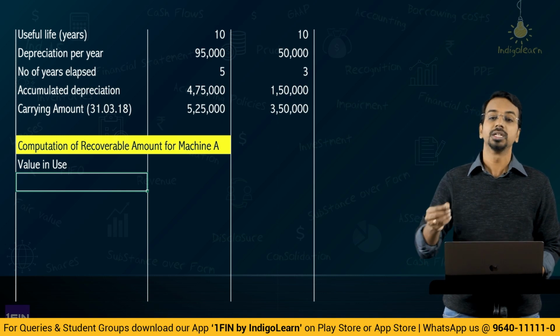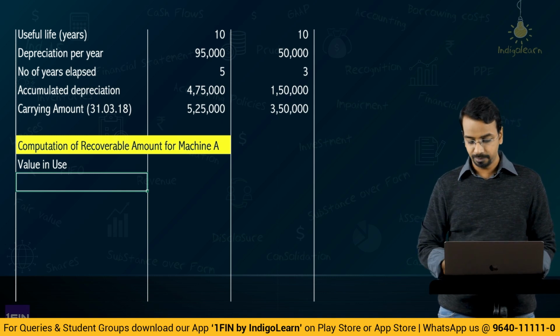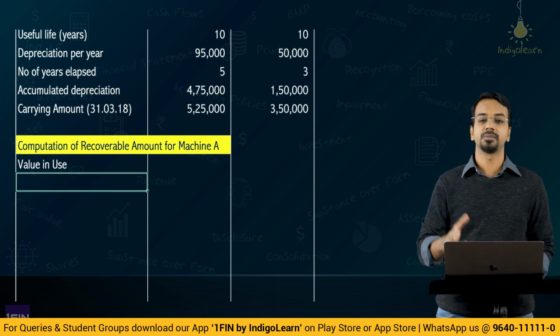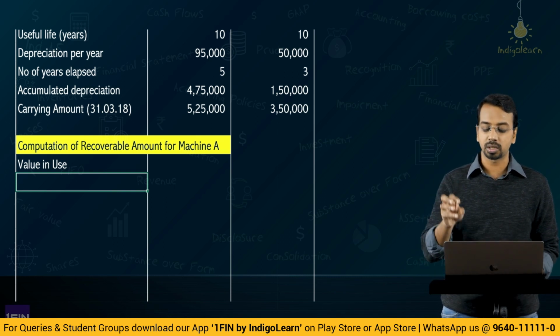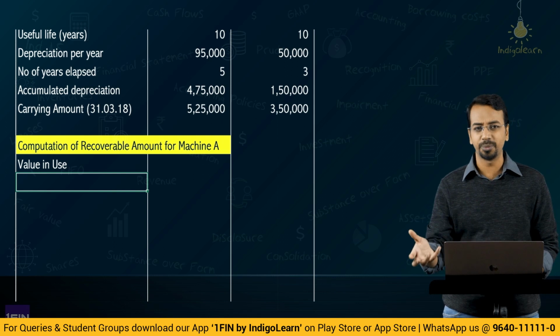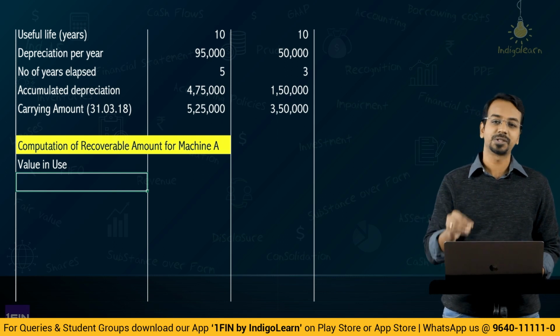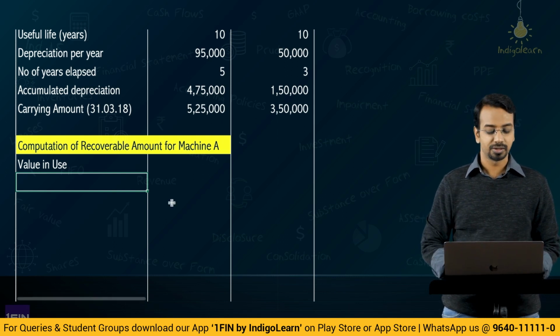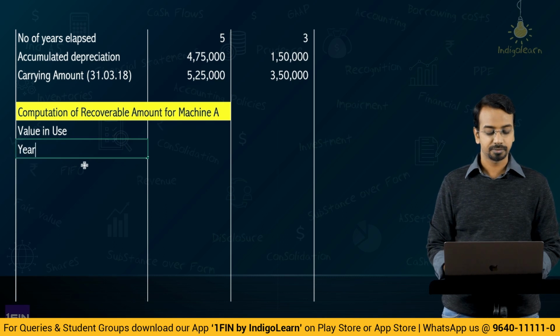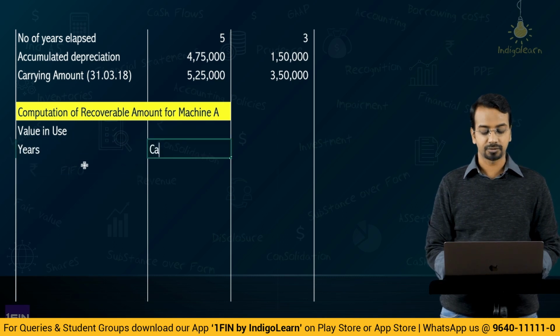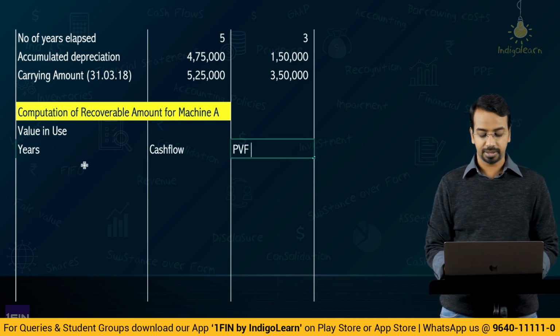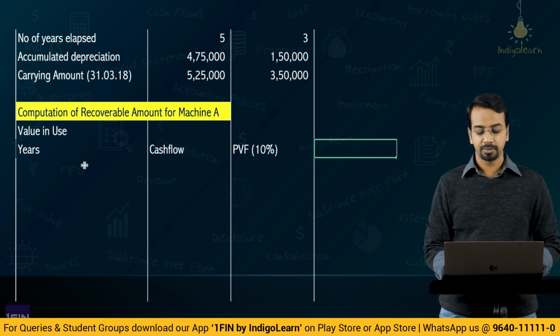So, we will need to include the residual value as well. Then, the discounting rate is 10% because they have mentioned that incremental borrowing cost is 10% and no other information is available. We can assume that 10% is the discounting rate. Okay. So, we can have years, cash flow, present value factor at 10%, present value